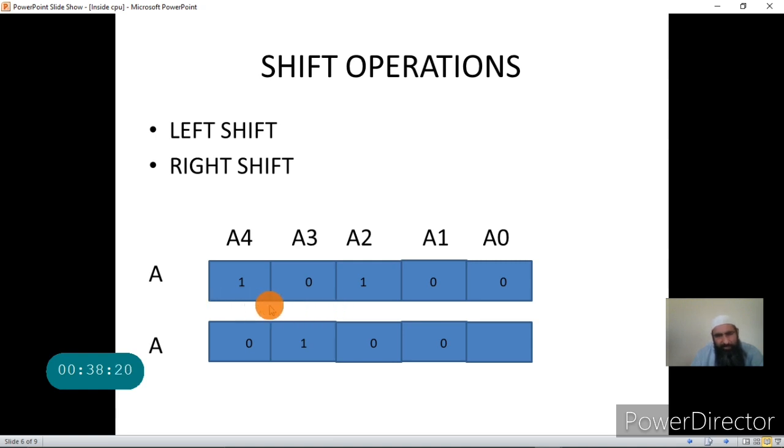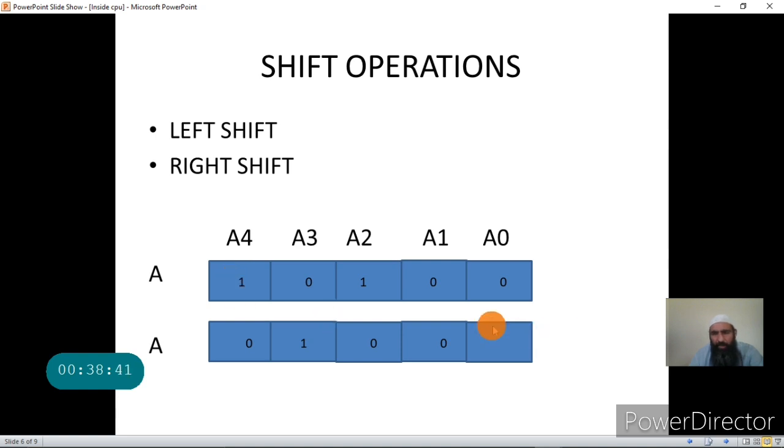So they will be shifted one position towards the left. If you see, this diagram shows that this is shifted here, this is shifted here, this is shifted here, and this is shifted here. Now what happens with this bit? This bit is overwritten.